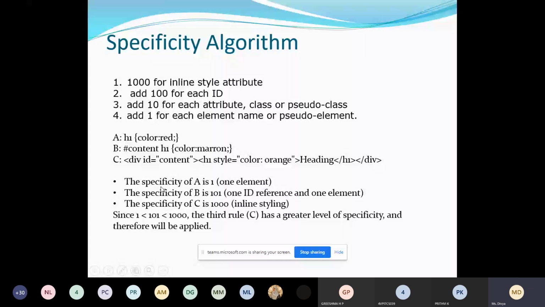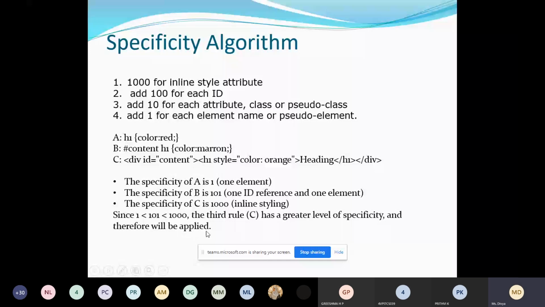According to this, the specificity of C is 1000, the specificity of B is 101 and A is 1. Among the three, 1000 is the highest, correct? So that is why the third rule, C, has the greater level of specificity and therefore the color will be orange.